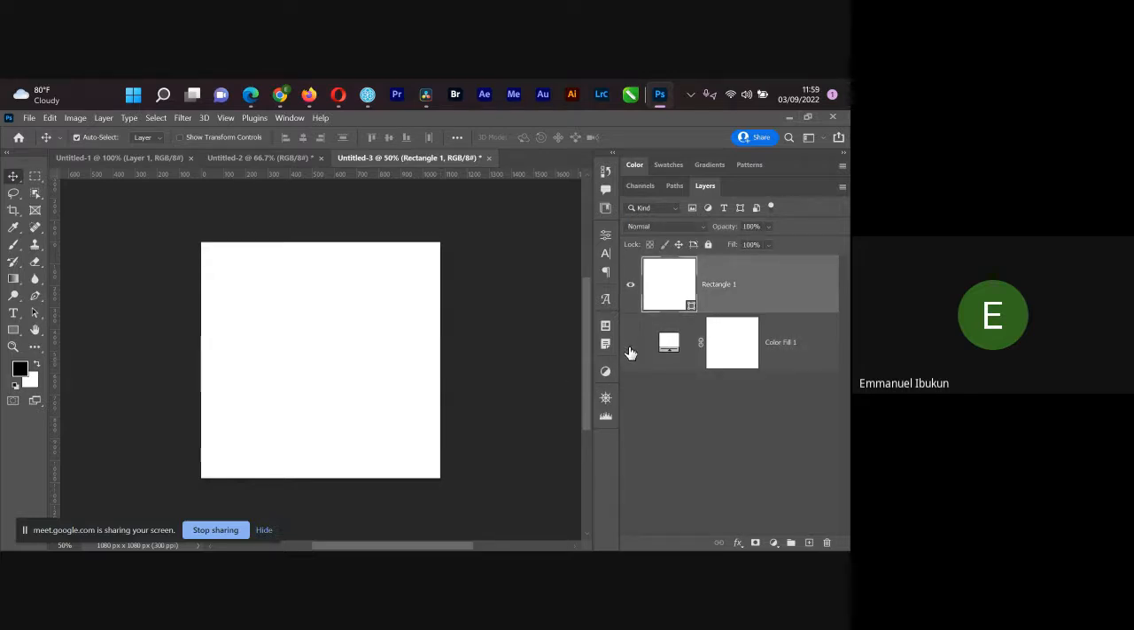Once I've added the rectangle, you just pick the rectangular tool. Am I talking too fast? Because I know I speak fast sometimes. Okay. Please,